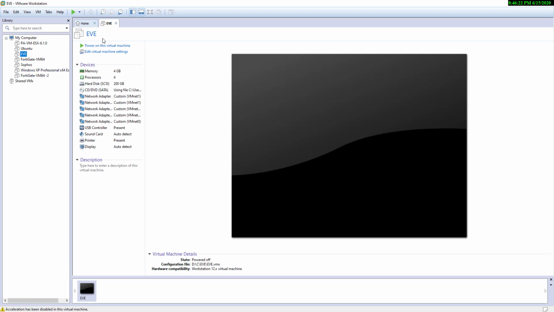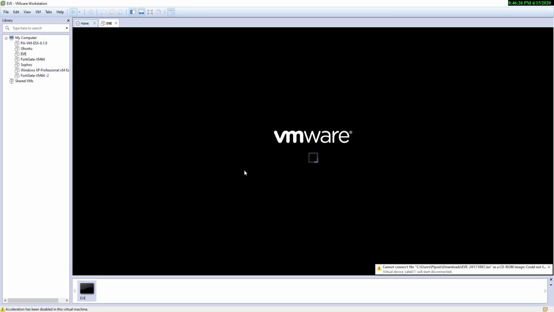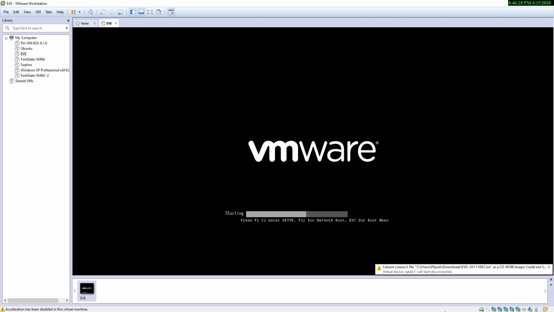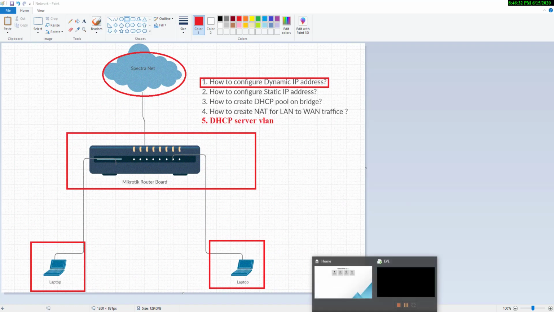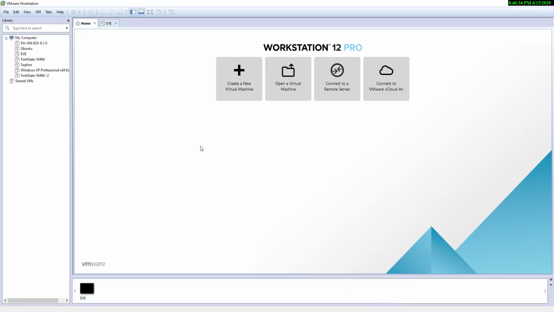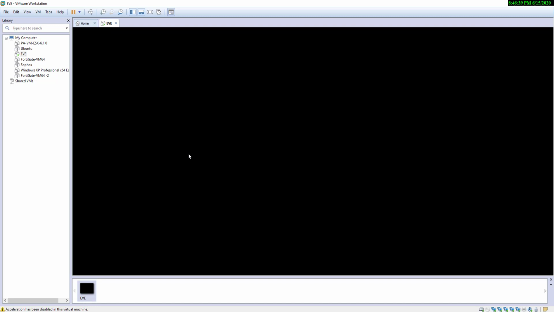I have installed EVE here. I'm going to turn it on, and we will do all four or five tasks in our virtual VMware. Here we can see our EVE is starting.